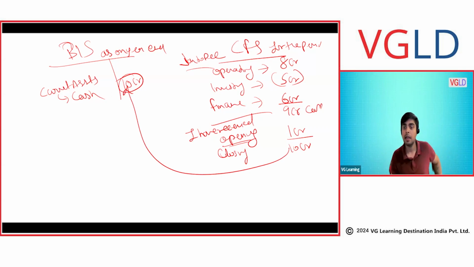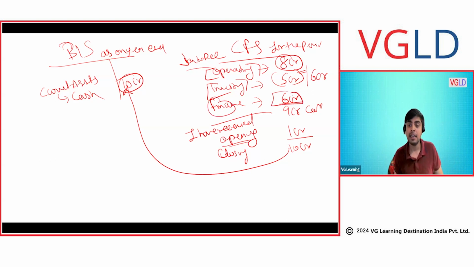Clear, everyone? The cash flow statement's operating activity shows how much cash we have received from the business, and how much we have paid, for example for buying plant and machinery. Let's say we have sold the plant and machinery, our assets. In that case, how much cash have we realized? From financing activity, let's say we have borrowed money, then how much we have received as a loan, or, in case we are paying back the loan, how much money we have paid.